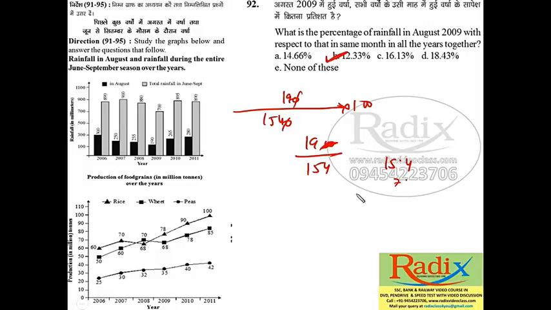नेक्स्ट क्वेश्चन. अच्छा मैंने कैसे किया, दोबारा देख लो इस चीज को. 154 का 10% होगा 15.4 और 1% होगा 1.5. मुझे 19 करना है तो 1.5 का डबल करो 3 पॉइंट, तो ये जाएगा 18 पॉइंट समथिंग. सो हमारा आंसर 119 के आसपास है. आंसर इज 12, क्योंकि थोड़ा ज्यादा आंसर भी आना चाहिए.